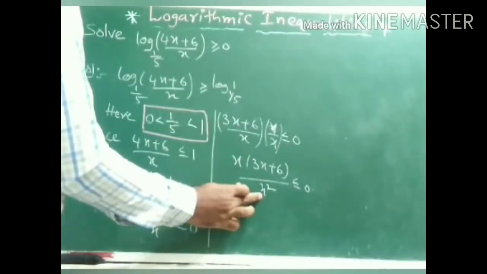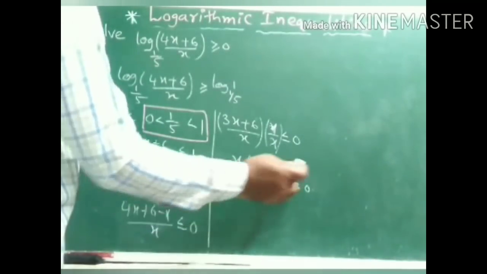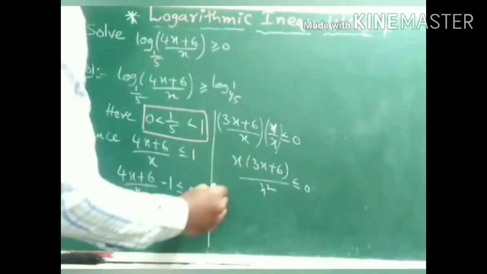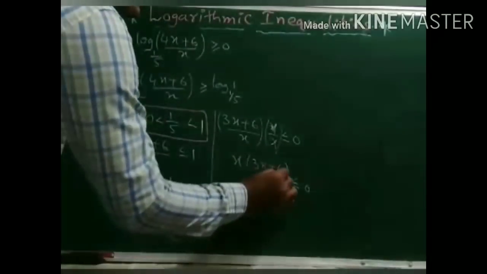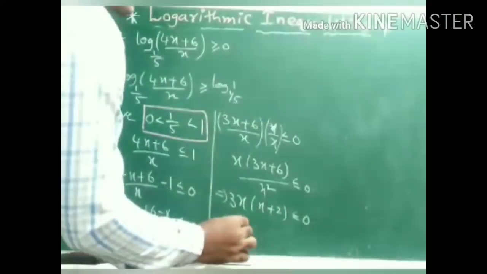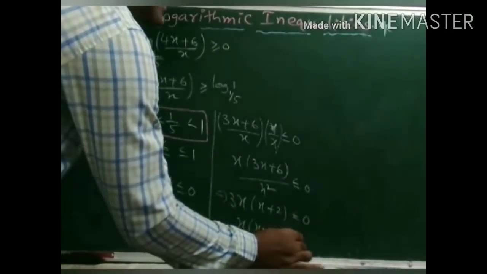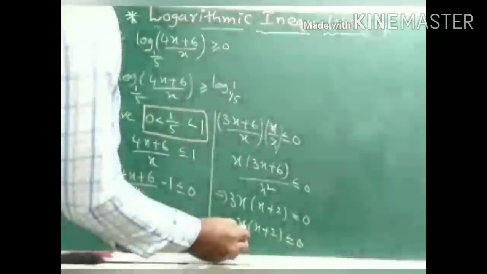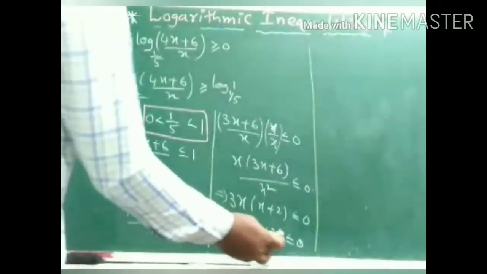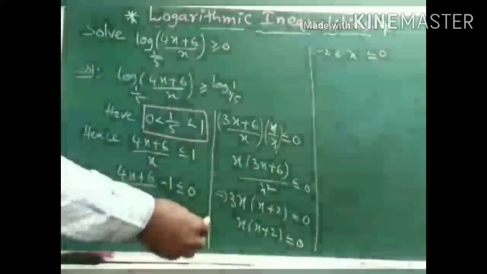Now clearly the denominator is x square, no doubt it is positive. When you multiply or divide an inequality with a positive quantity, the inequality remains the same. So hence, if I take 3 common in these two, this is x(x + 2) less than or equal to 0. So that is nothing but x into (x + 2) less than or equal to 0. So here, x in the sense x minus 0. Can you say the solution here? x lies between minus 2 and 0, including them.